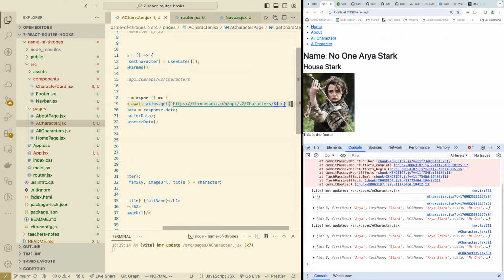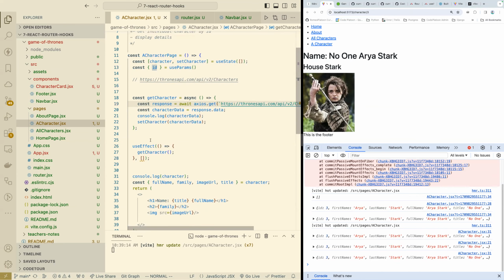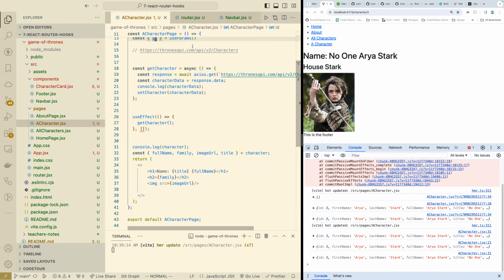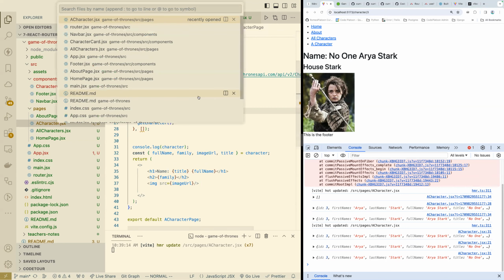And remember that ID gets passed right here. And then the useEffect ensures that we call that function later after we've gotten the param. And then the last bit I want to show is,